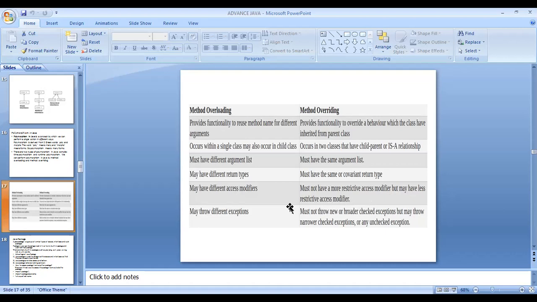In method overloading, they can throw different exceptions, but method overriding must not throw new or broader checked exceptions, though it may throw narrower checked exceptions or any unchecked exceptions also.